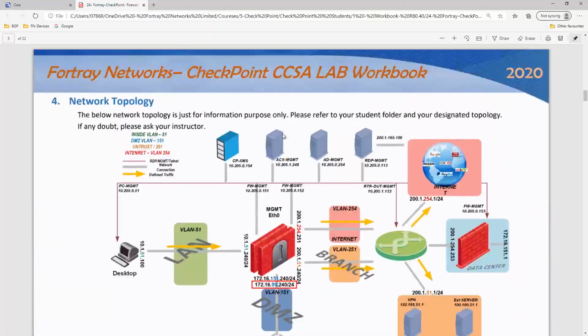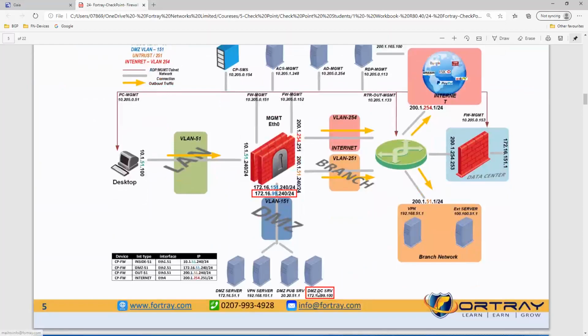Previously, we had a different Active Directory. We have a separate Active Directory server as well, but we are not using it because that server is in a different network. That is why 172.16.99. It's the network we have already created.